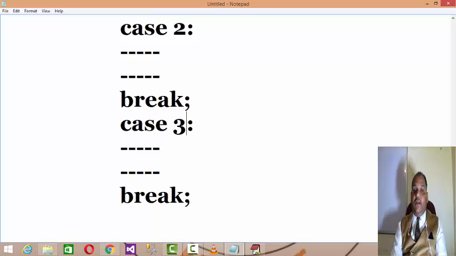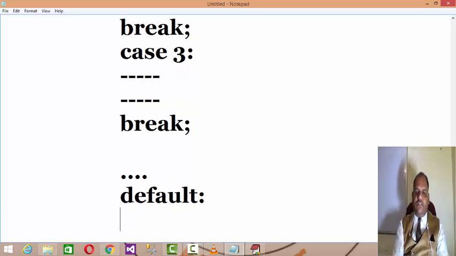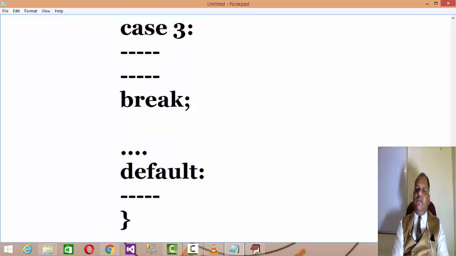Why use switch case? Because you have multiple branches, meaning more than 2. If you are traveling by road and you have only 2 divisions, whether A block or B block, then that is condition branching. But if you are traveling by a road where you come to a square and get multiple branches, maybe that road leads to 10 branches, then which branch should I pick? That is the example of a switch case. In this manner you can define all the branches and then default. Default means if none matches, then it will process this branch, and then end of switch, right?